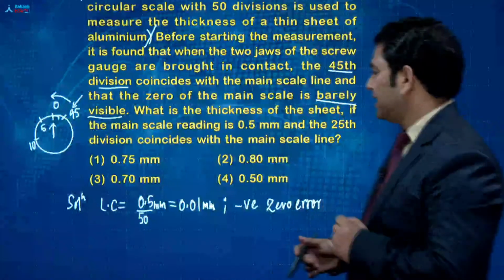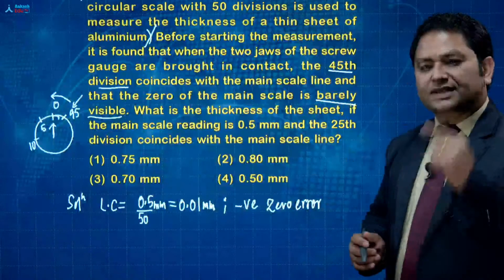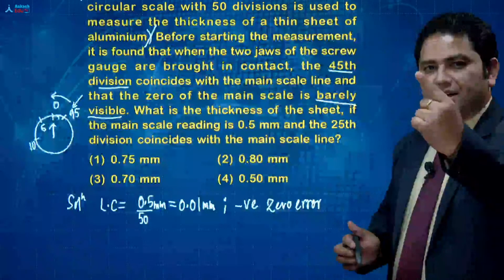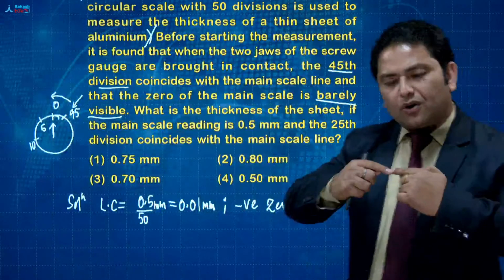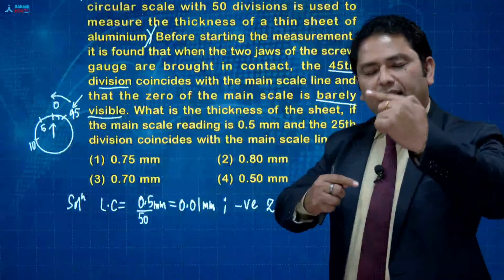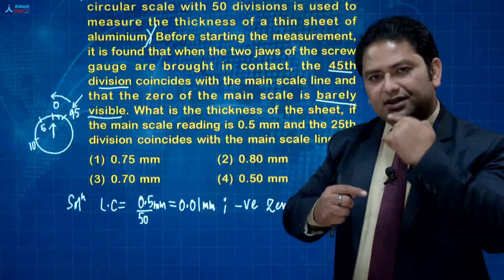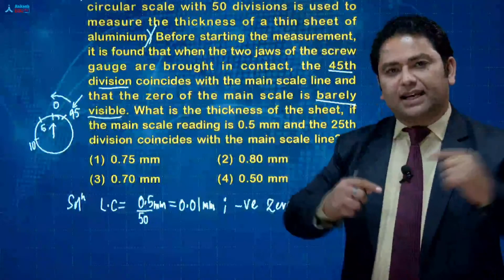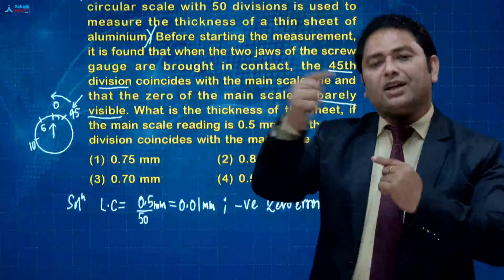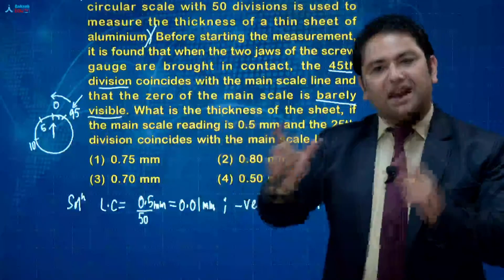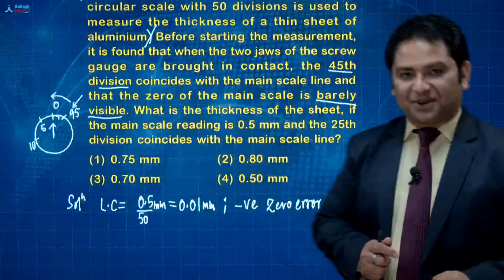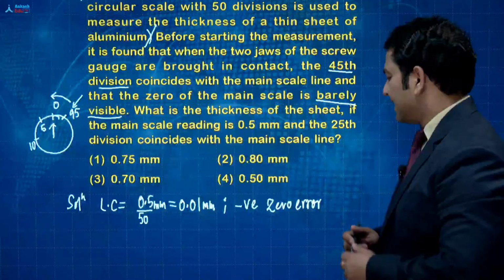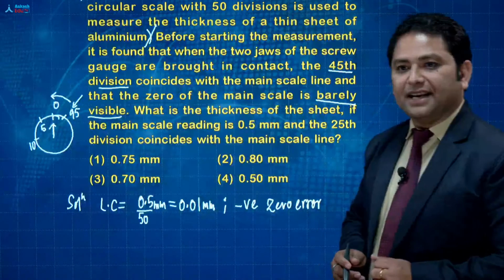So just try to see here, the total circular scale is 50. So you were tightening it. 0 has gone further and 45th division of the circular is matching with the main scale. So additionally, how many divisions did it travel? Additionally, it traveled only 5 divisions. You get that point? So you need to understand this thing. So that particular error is